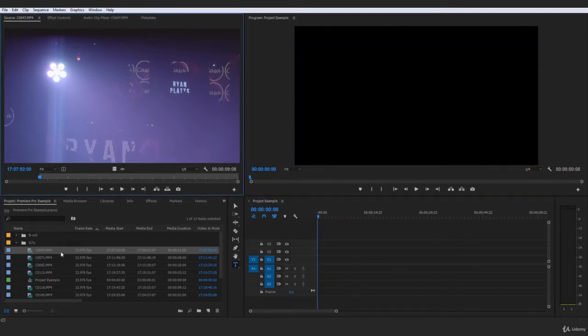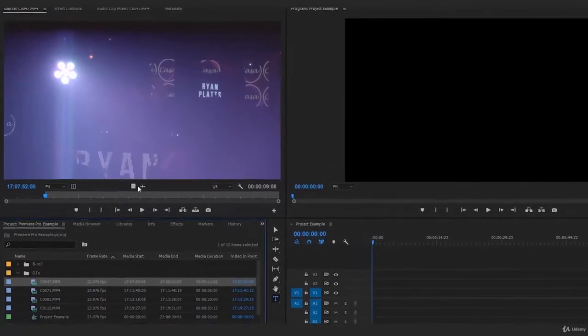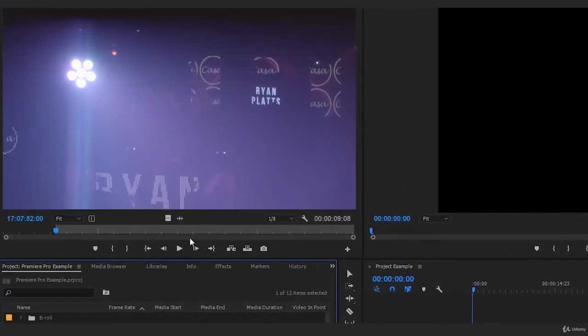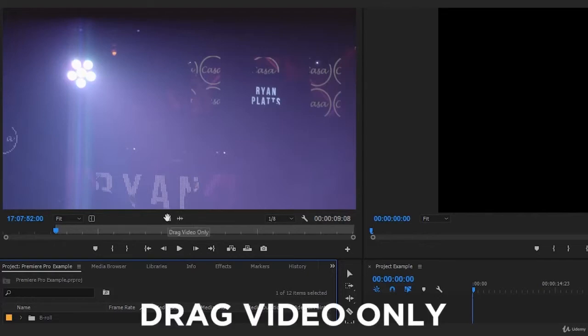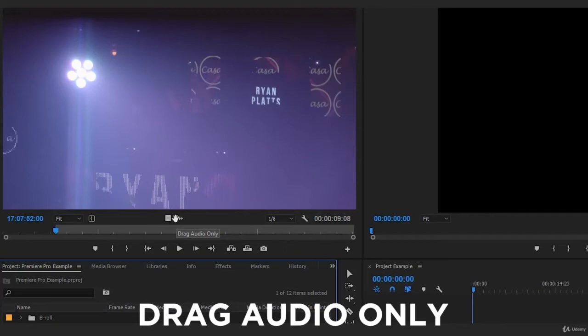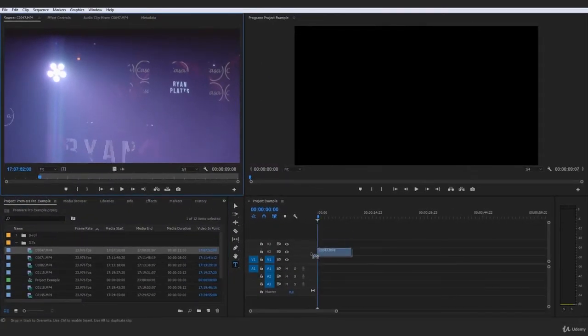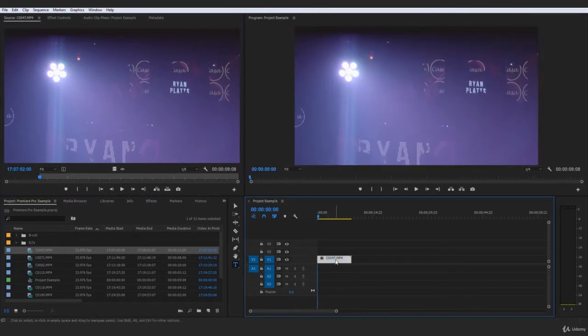I would go to my clip up here, and instead of just dragging this directly over, which would be the normal way of importing, I would instead go up to these two icons here. And what these two icons mean is this one on the left means drag video only, and this one on the right means drag audio only. So right then, if I only wanted the video, I would simply just drag from that icon and only have one